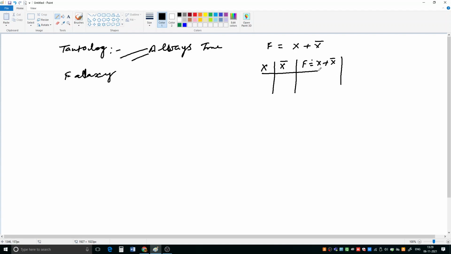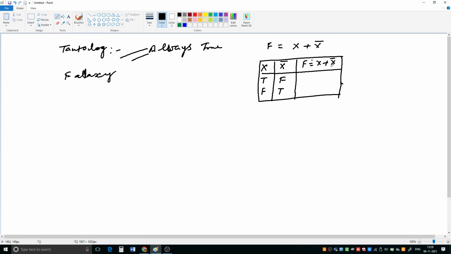So what are the possible values of x? x is a Boolean variable, so it can have value either true or false. So when x is true, then not of x will be false. When x is false, then not of x will be true.